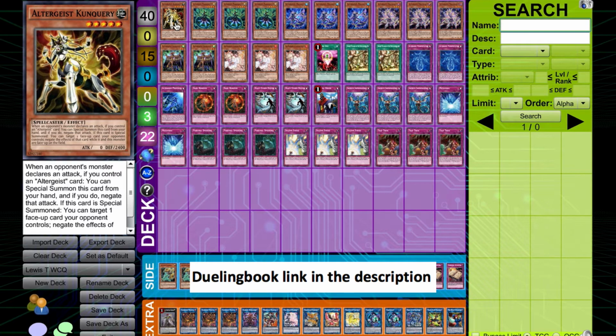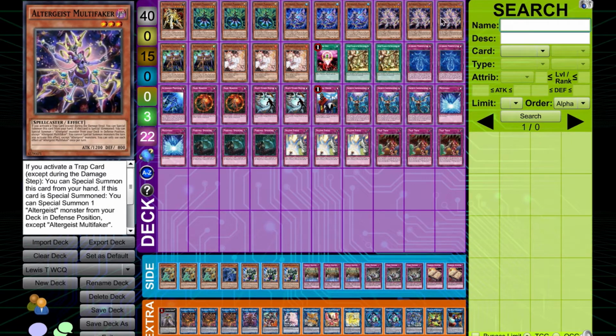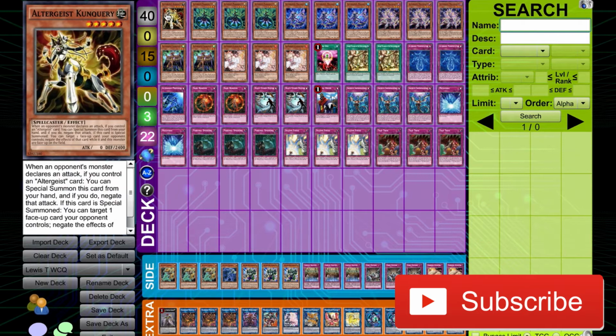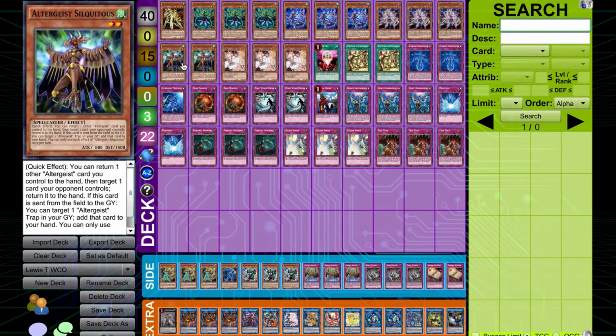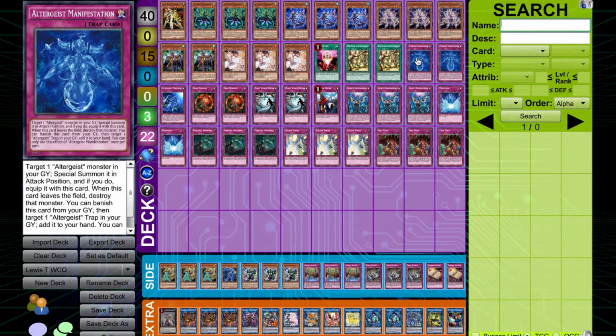So the main deck itself is, I think, identical to the previous version that you may have seen in one of his other deck profiles. So we'll just run through it pretty quickly then. 1 Conqueror, triple Marionette, triple Menaseek, triple Faker, 2 Silk, triple Ash, 1 1-for-1, 2 Secret Village, 2 Mani,